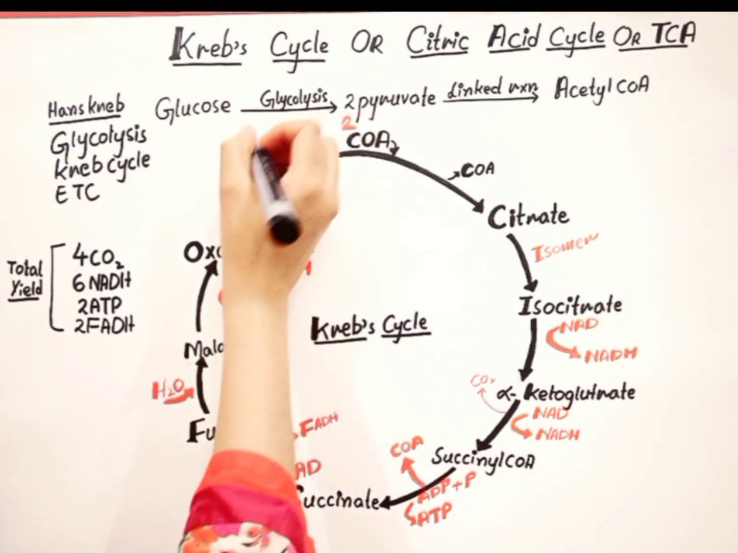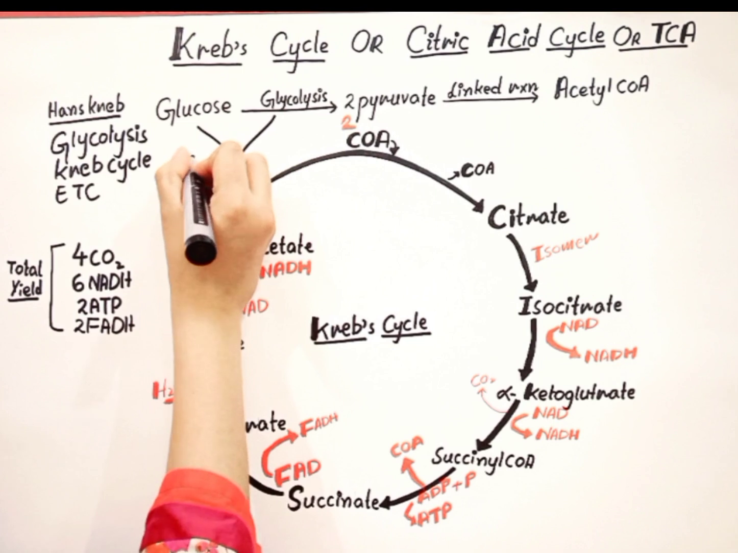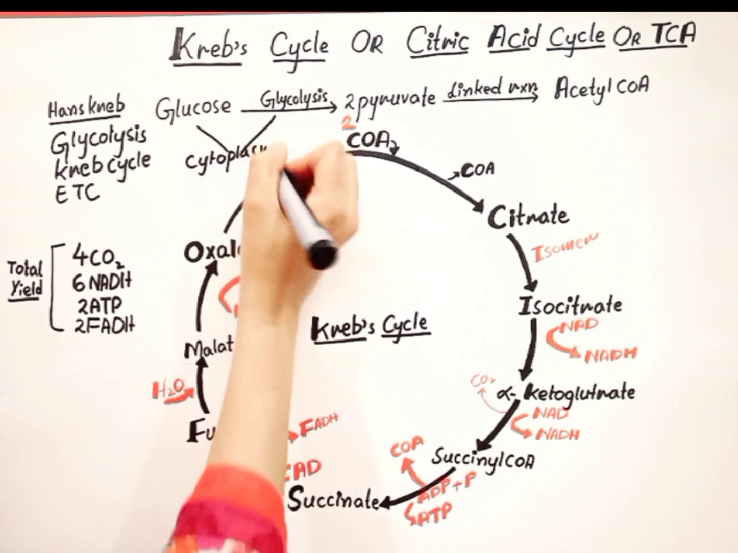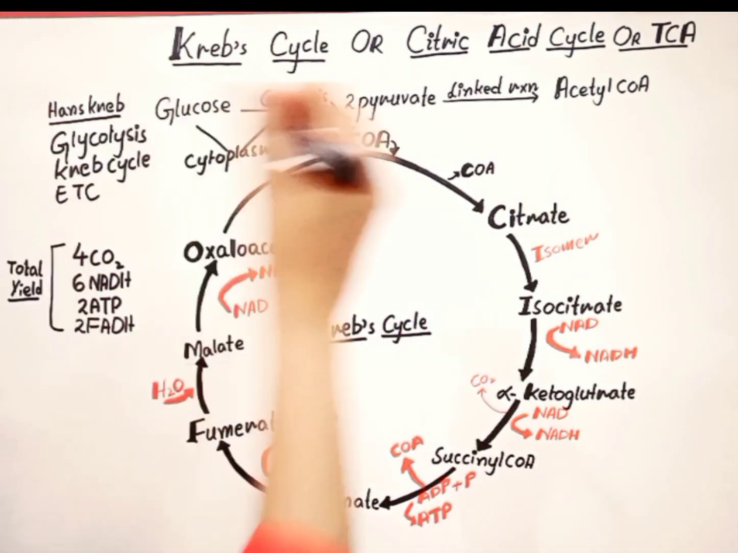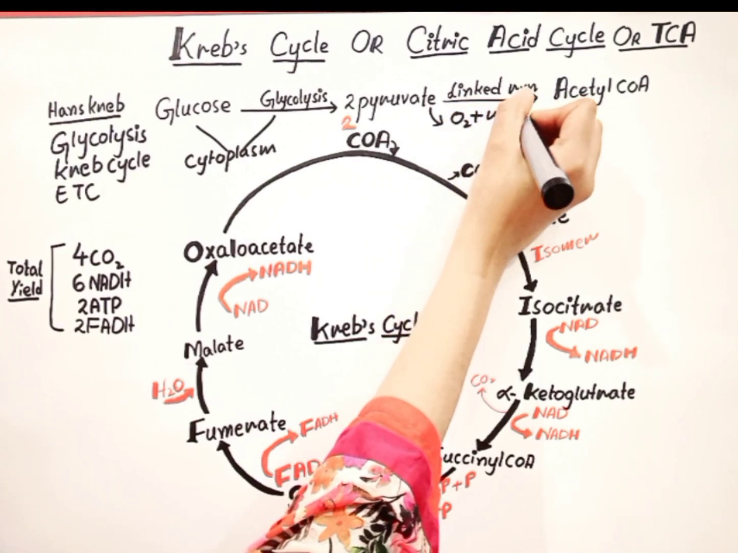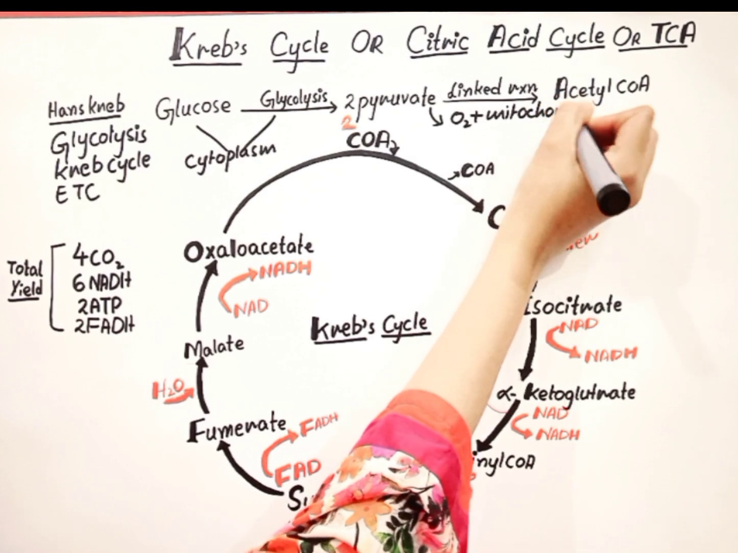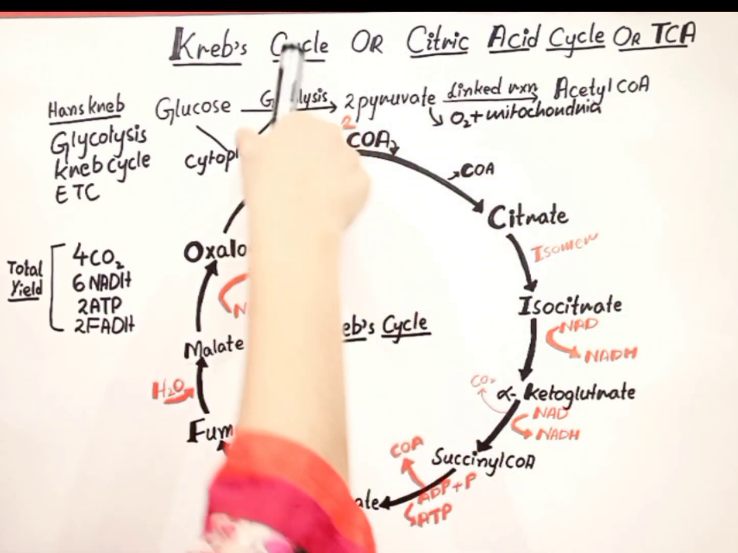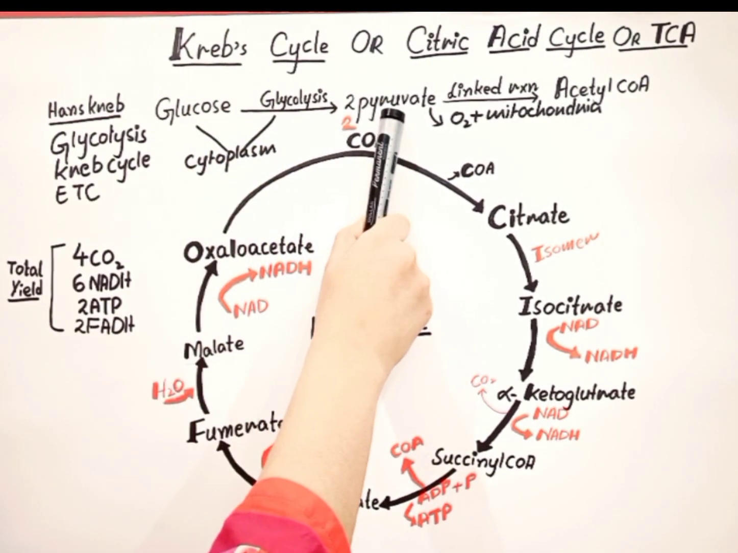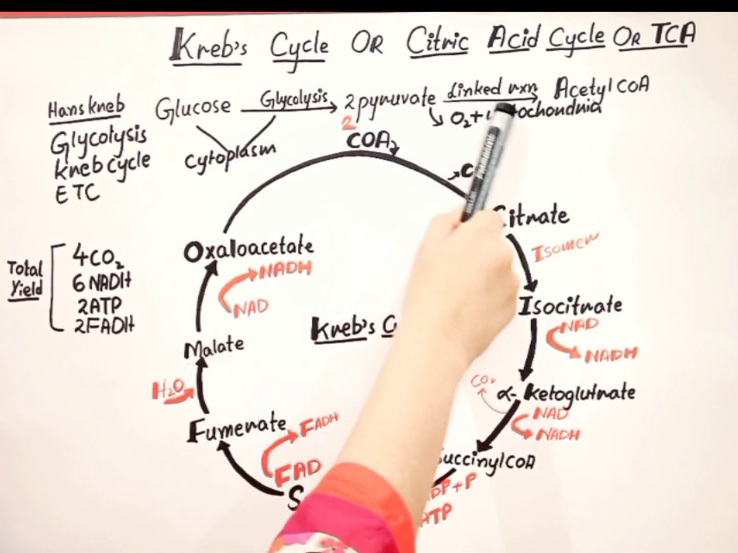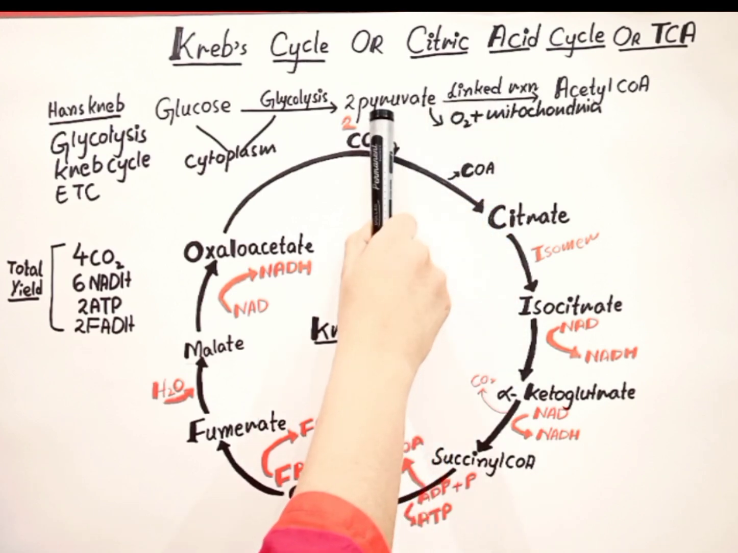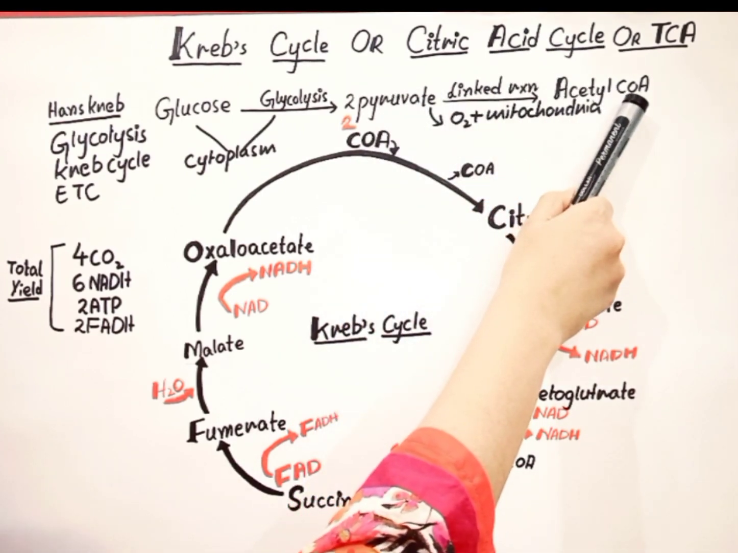cycle. This whole process will take place within the cytoplasm. While if the pyruvate molecule enters a cell which contains oxygen and mitochondria, then the Krebs cycle will take place. But before going into the Krebs cycle, these pyruvate molecules will go through a reaction called the link reaction,